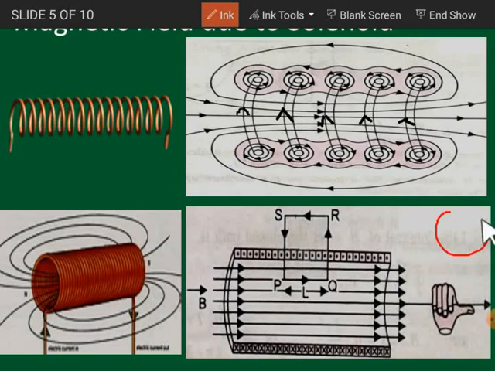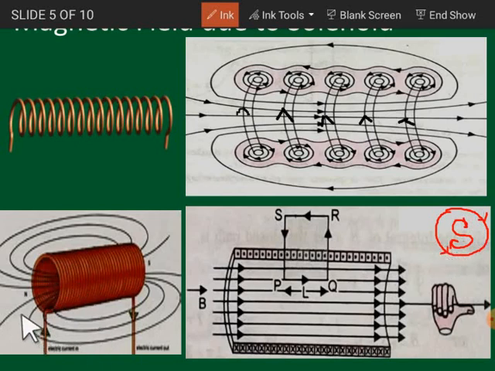Suppose if the current, looking from this side, is clockwise, then it will be of the shape S like this, right? Suppose somewhere here, if you see the direction of the current is clockwise, then this side will be acting as south pole,